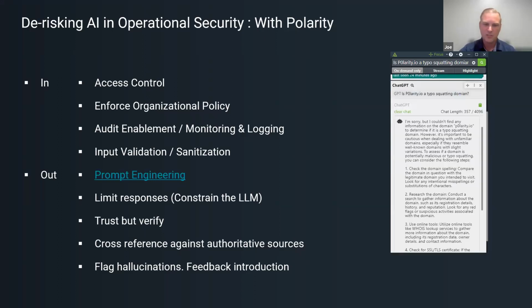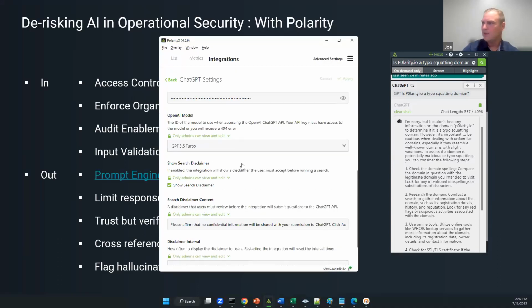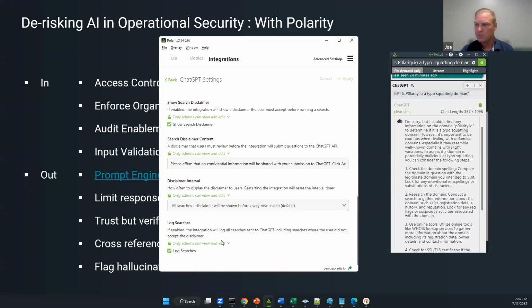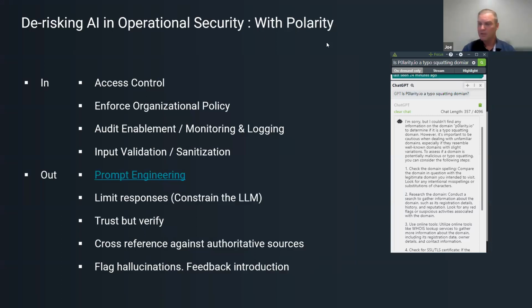So within the integration itself, we've baked in a logging utility that will actually capture all of the searches that are done, all of the questions that are asked, all the prompting that's provided, so that we as an organization or you as an organization can learn about how teams are using it and possibly flag abuses of the technology if that's actually occurring. We like to think that it wouldn't be occurring on purpose. It would probably be accidental abuses, like places where we need more training and awareness around utilization, but we definitely want to make sure that we have that bit covered.